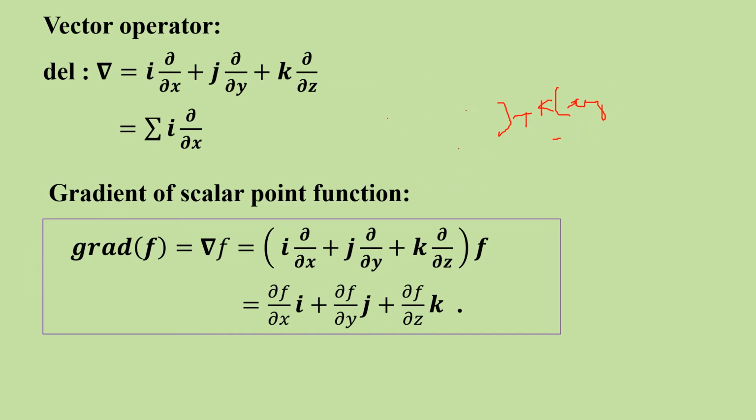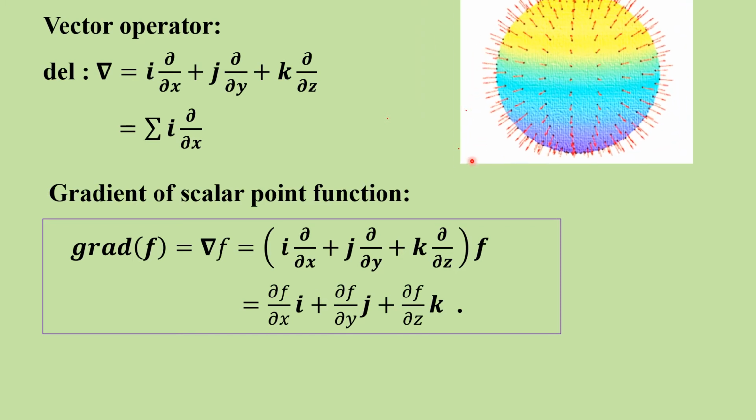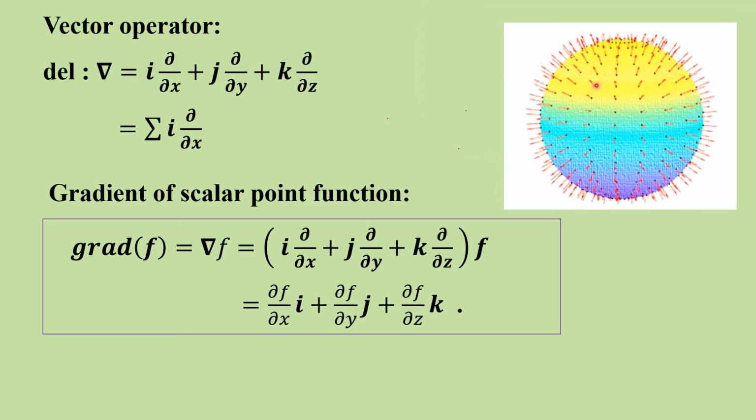So consider a ball. Suppose you have a ball in your hand, and imagine at any point on the ball a vector acting perpendicular to the ball. So this is your gradient in 3D. Suppose we imagine vectors acting on all points of the ball like spikes; this is now the gradient to the surface. The surface is the ball here, so it is purely normal to the surface. Therefore, for the gradient of a scalar point function, if f(x, y, z) = 0 is a given surface, then del f, that is grad f, is a vector normal to the surface.